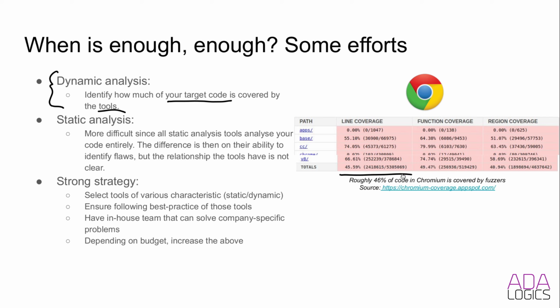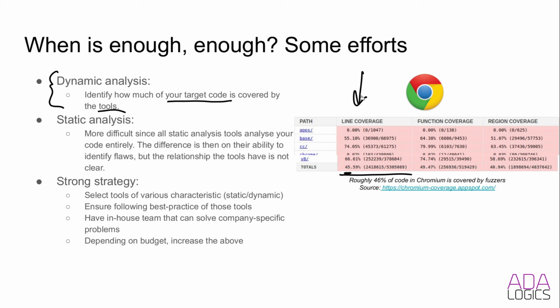And over here we can see that the result from Chromium of taking this measurement is actually that, say, 45%, maybe 46% of the code is actually being executed by the given dynamic analysis tools that they're using to produce this data. And that gives a very clear indication of what part of the code is being analyzed